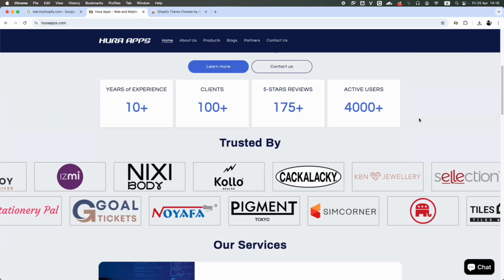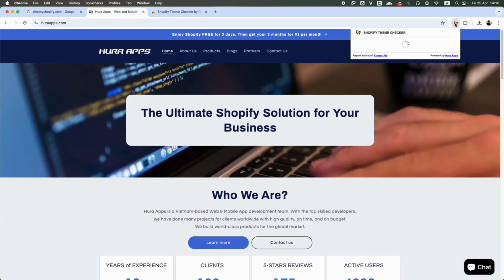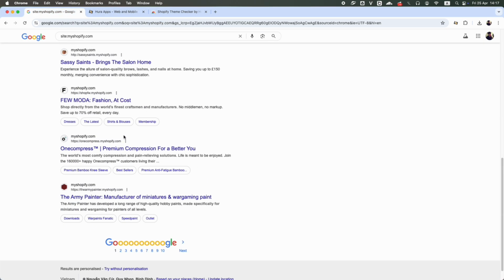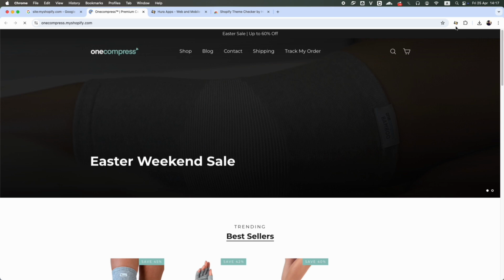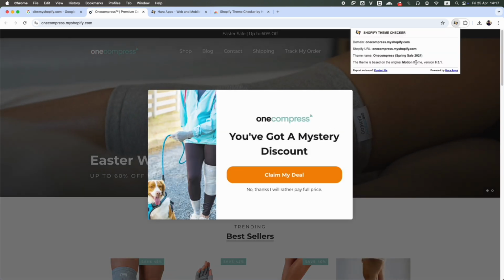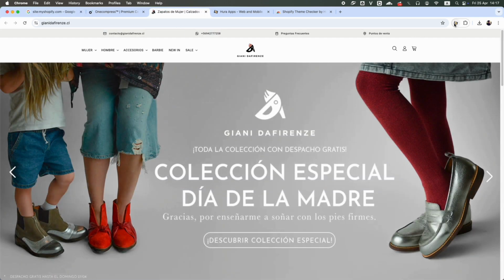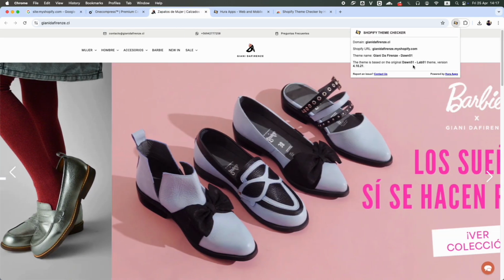And now head over to any Shopify online store that you suspect might be using it. Then click on this icon to activate the extension. Upon clicking the icon, a pop-up will appear displaying crucial information about the website. You'll see whether the site is built on Shopify and details about the theme it's using, including its name and